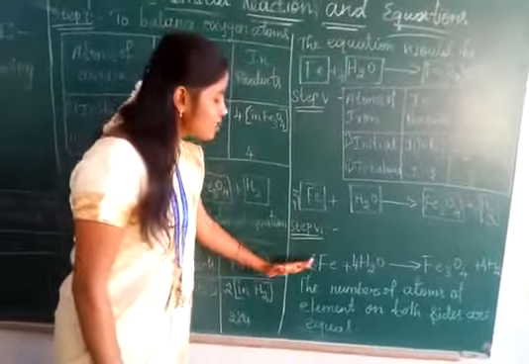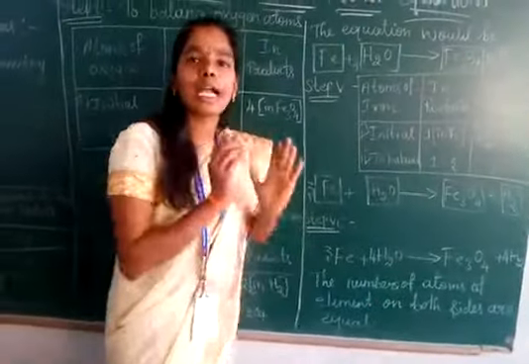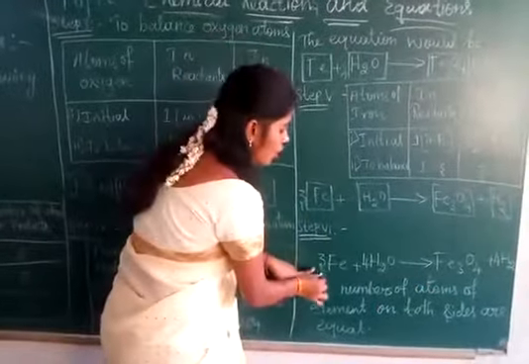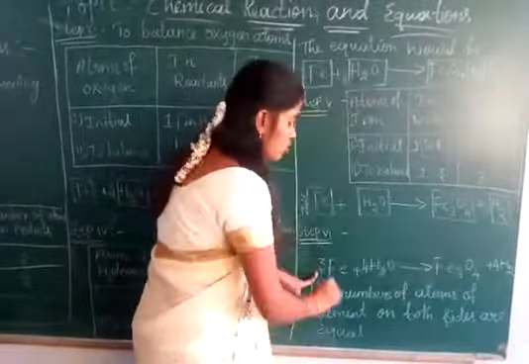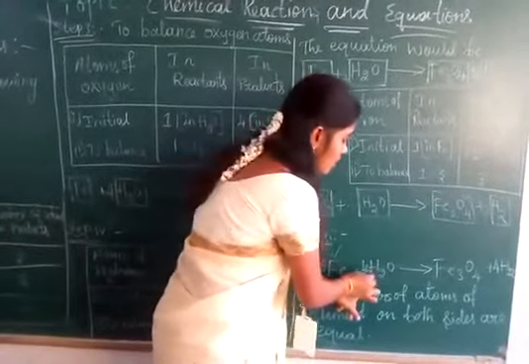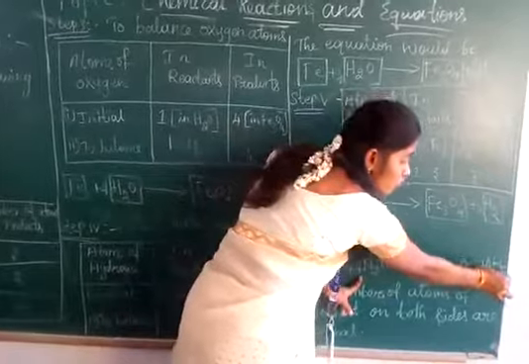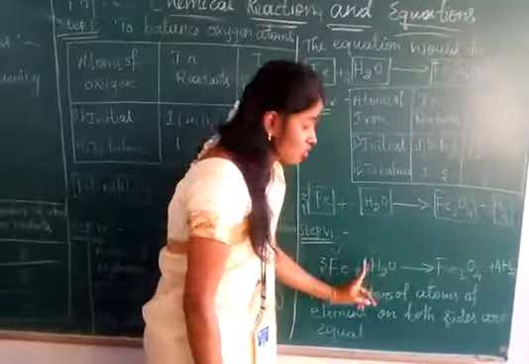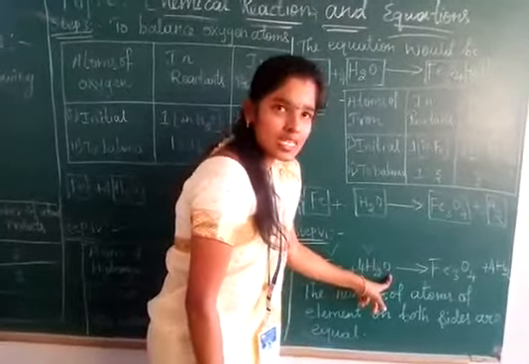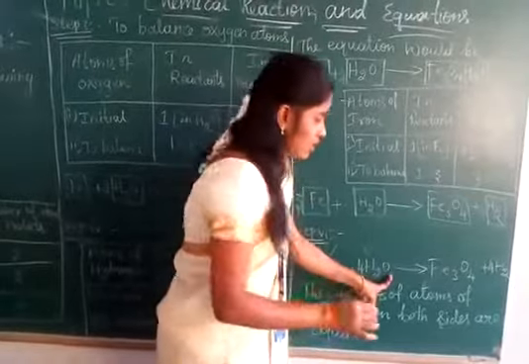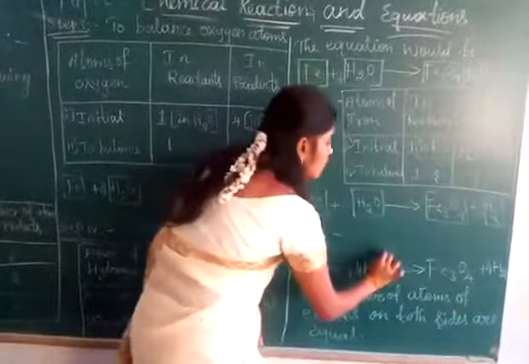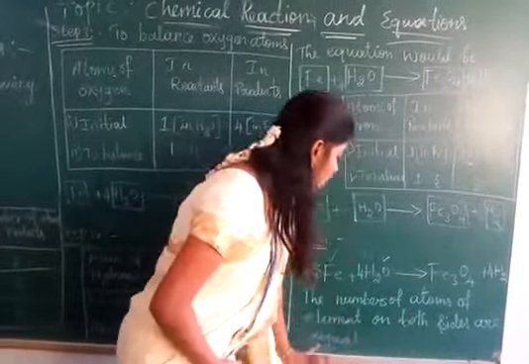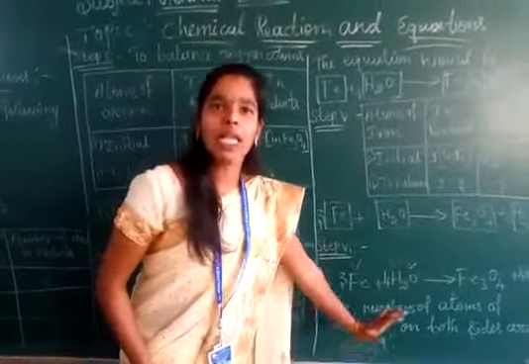In step 6, you check all the atoms on the reactant side and the product side, whether it is balanced or not. How many iron are there? 3 here, 3 there. So iron is balanced. Next hydrogen, 4 twos are 8 on both sides. So hydrogen is also balanced. Next oxygen: as I already said, this 4 is common for both hydrogen as well as oxygen. Only 4 oxygen is there here, and 4 oxygen there. So all are balanced. The number of atoms of the elements on both sides is equal. This is a balanced chemical equation.